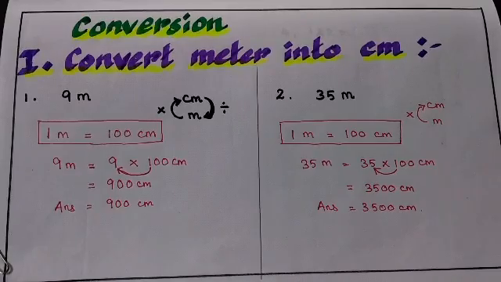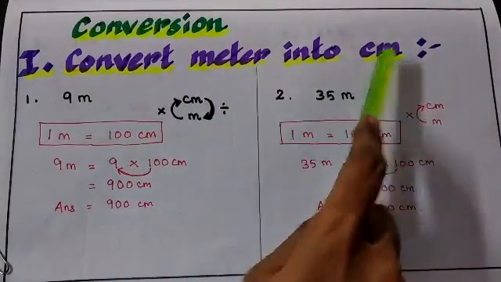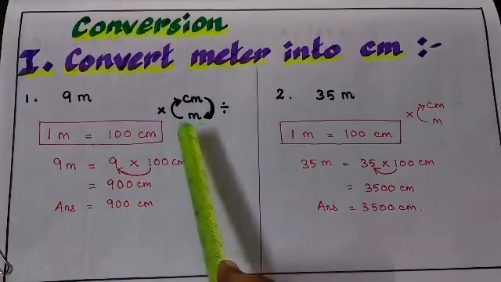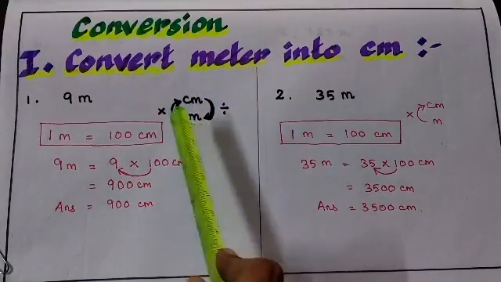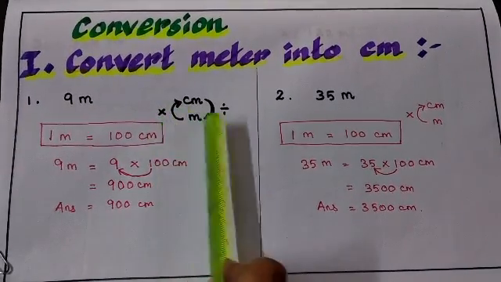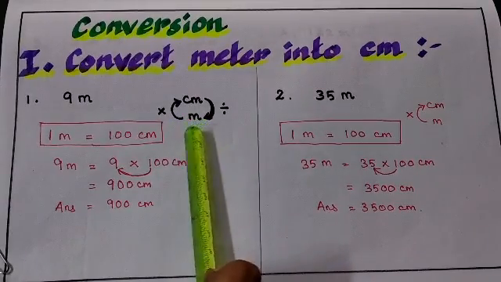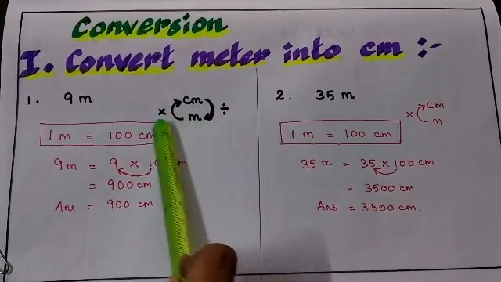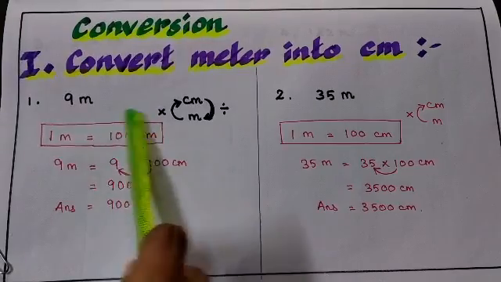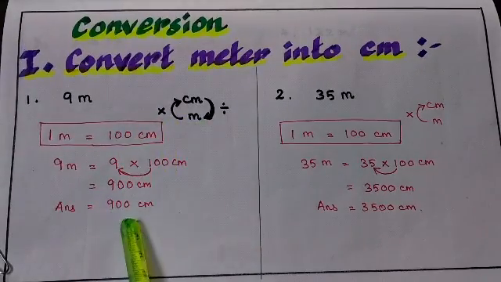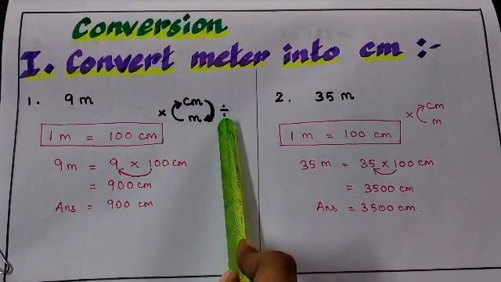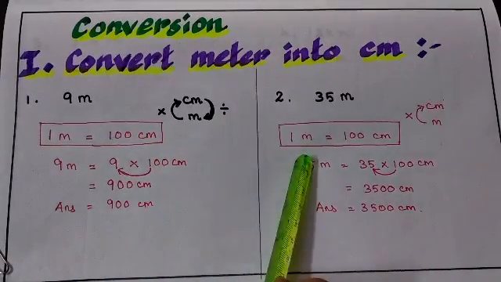First, we are going to learn converting meter into centimeter. How are we going to change meter into centimeter? When you write this on the side, it will be very helpful for you to identify whether we have to do the sum by multiplication or by division. Why? Because when you are converting meter into centimeter, we have to do multiplication. The smaller number, when you multiply with this standard unit number, you will get the exact answer. Children, when you are converting centimeter to meter, you have to divide. So, here are the examples.